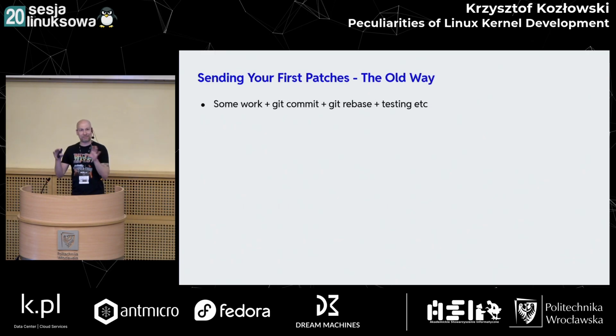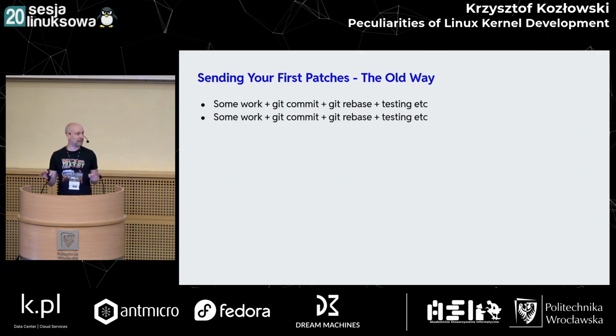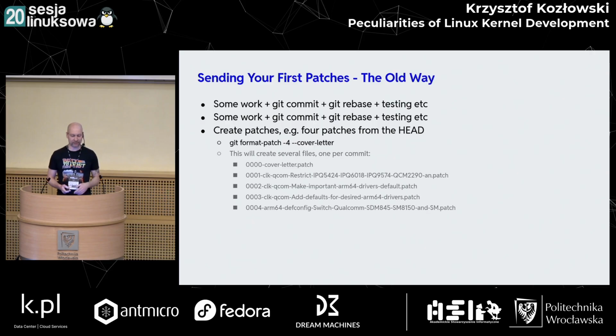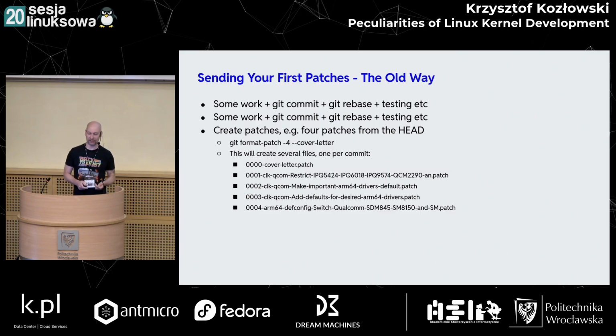So let's speak about the contributing process now, how you would send a patch to the Linux kernel. The canonical way is that you do some work with your local Git repository. You clone Linux from git.kernel.org, you do some work, you git commit, rebase, test, like this. You prepare nice work in good organized commits. And then you should prepare patches. Patches are the format to send a textual representation of a commit, and Git supports it. There's a tool, format-patch, that will create it for you. If you run it with -4 and cover letter, it will create 4 files, of which you only have to edit the cover letter, and the 4 other files are the patches coming from your Git commits.